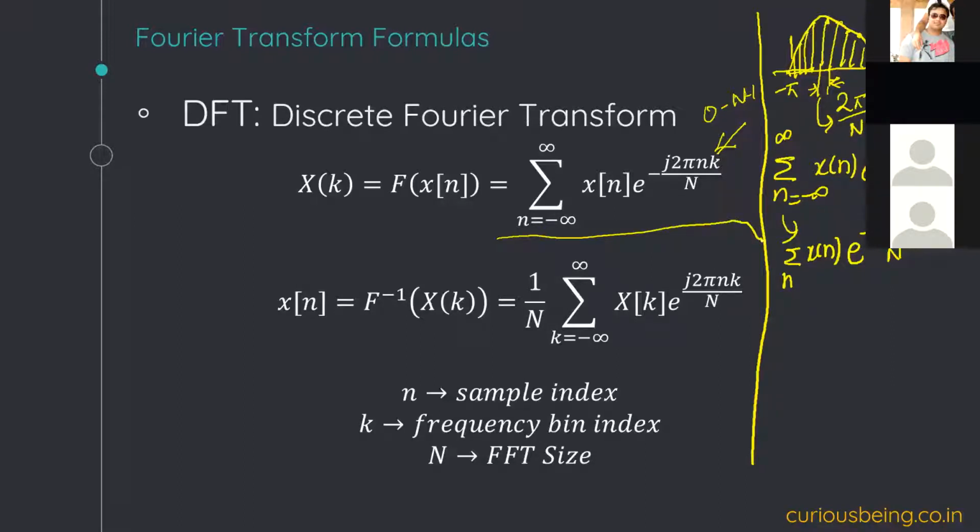You don't need to remember it, just try to understand why we got this particular term 2 pi n k by n, because till now we are familiar with e to the power minus j omega n. So this is DFT, and on a similar note, we can get IDFT, the inverse transform. Because in both cases x n and x k are discrete, we have summations at both places.